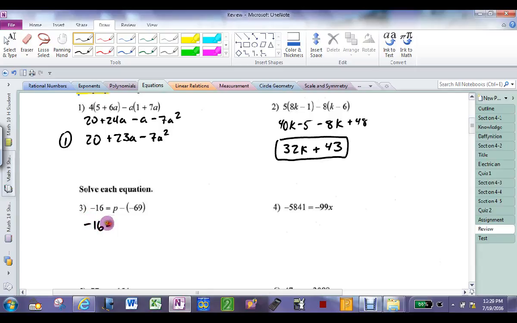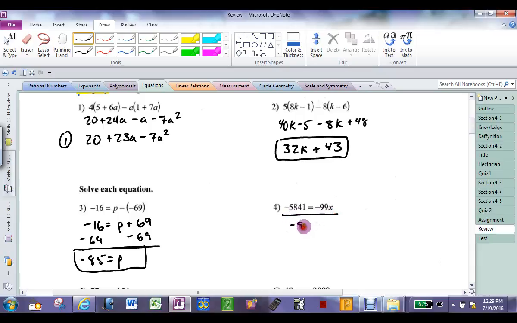Negative 16 equals negative. Negative is the same as plus. Subtract from both sides. P equals negative 85. 1 mark for everything. Divide by negative 99. X equals,